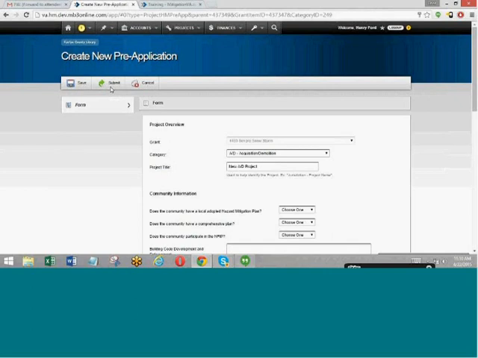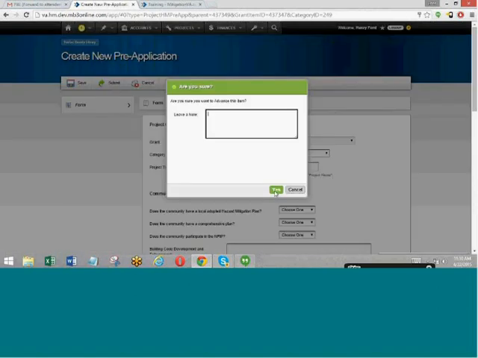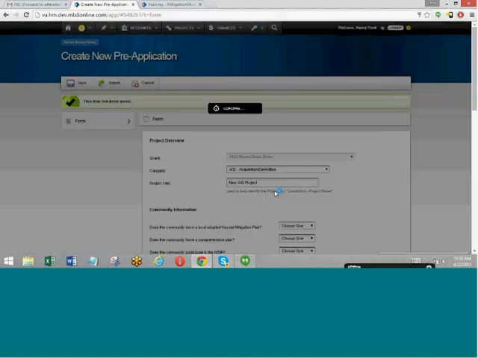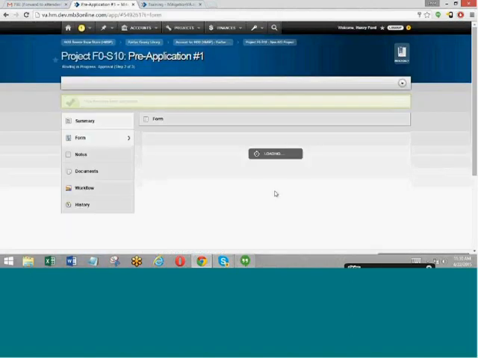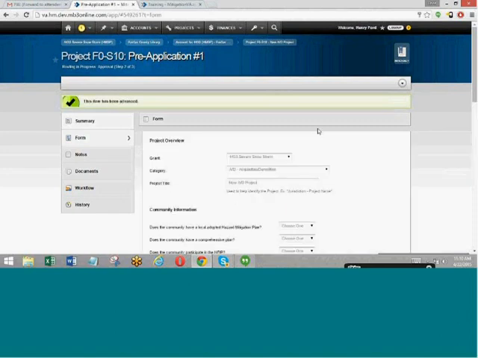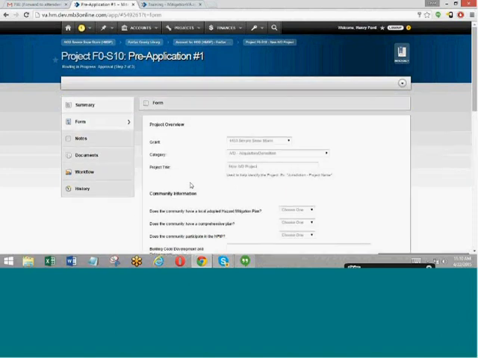So very similar to a time extension or a reimbursement request. It's just initiated differently because the project doesn't exist yet. You can't go to the project first to submit it. You have to actually do it from your home screen. So now this pre-application has been submitted. VDM will review it. When they approve this application, it will result in a full application, and you'll get notified of the fact that the application has been approved. It will give you a link directly to the application that you now need to go and complete and submit